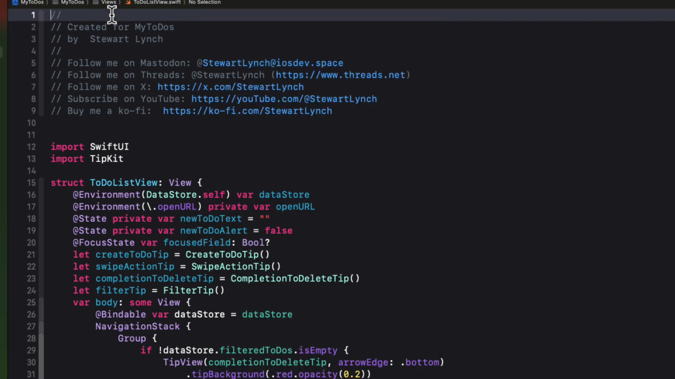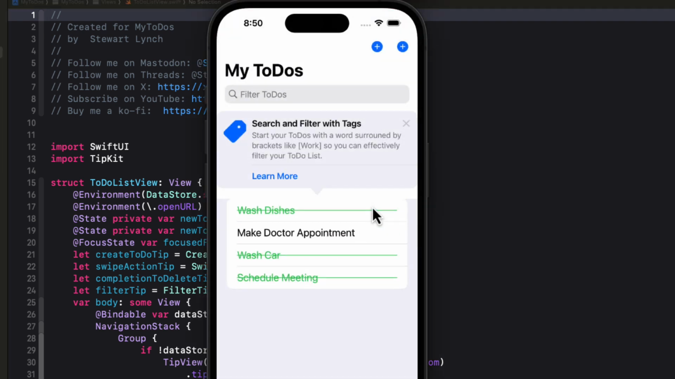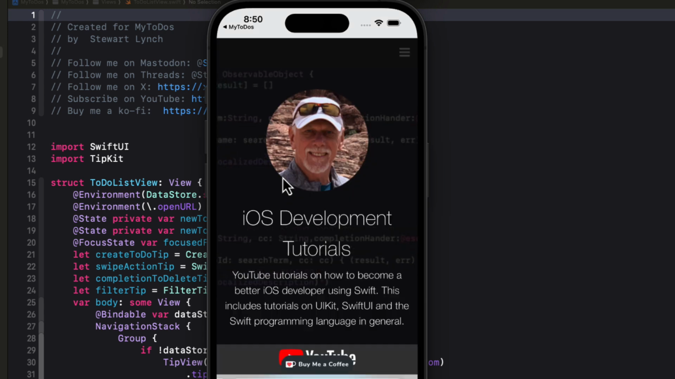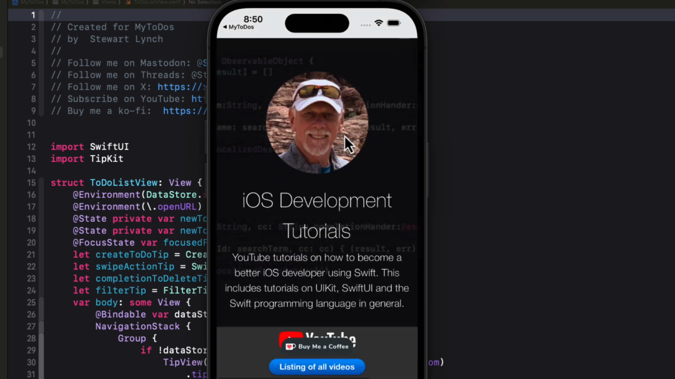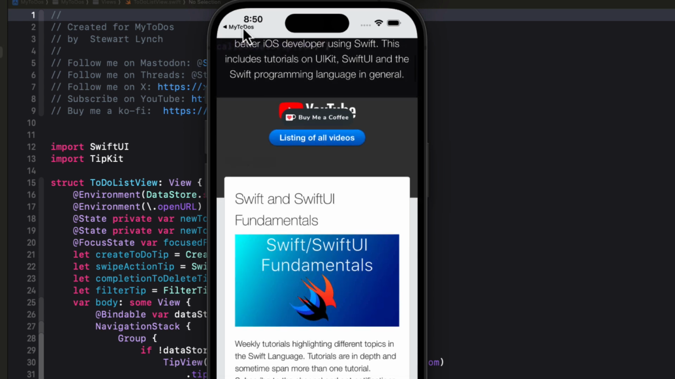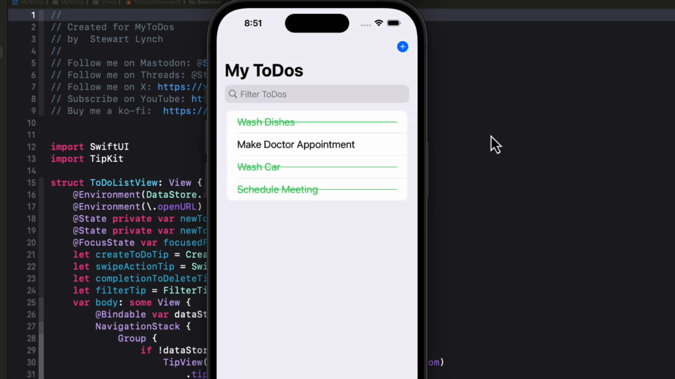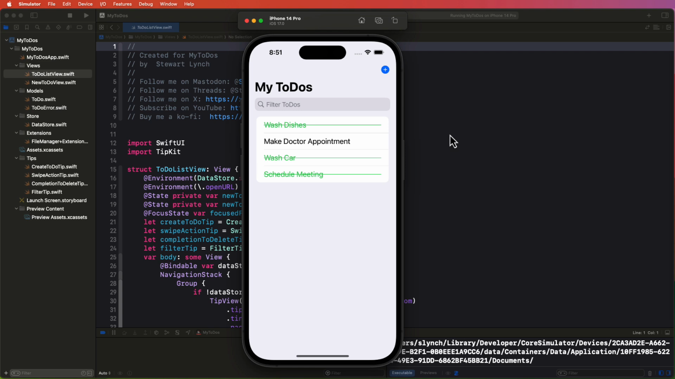Now let me stop and start the app for the third time. And this time, when I do that, I'm given my fourth tip that gives me a suggestion on how I might want to create my to-dos so that I can search and filter more effectively. And there's also a link here to learn more that when tapped takes me to a website that presumably would have more information. It doesn't now, but you get the idea. Returning, the tip is still here, but I can dismiss it at any time I like. So those are the 4 tips we're going to be building, and along the way learn the essentials of TipKit